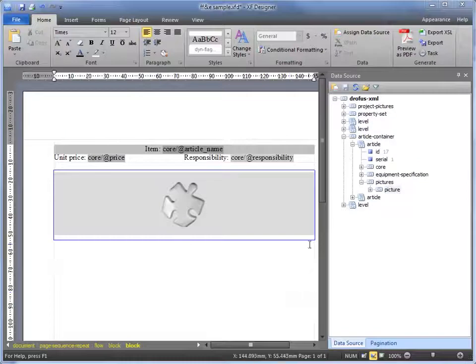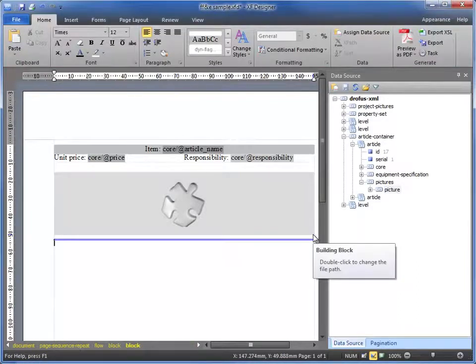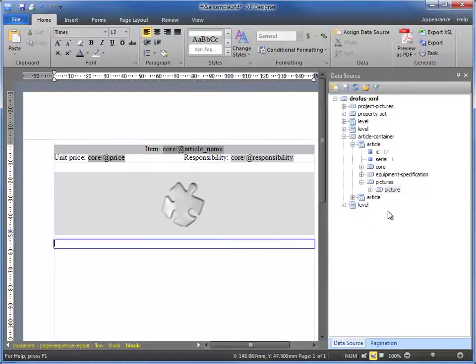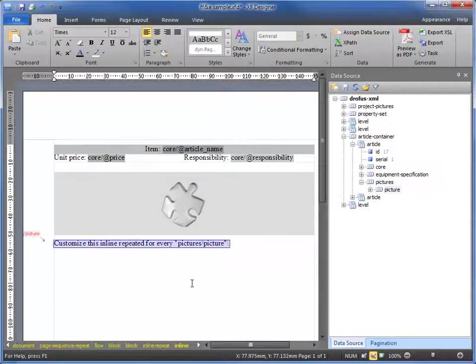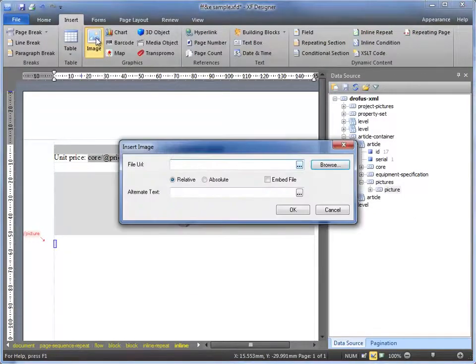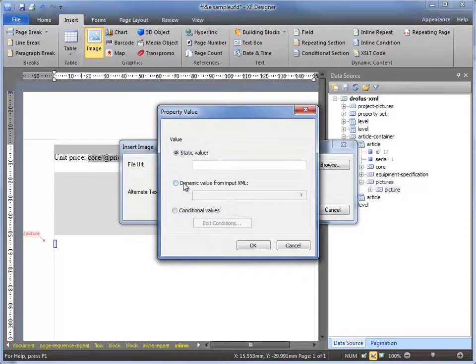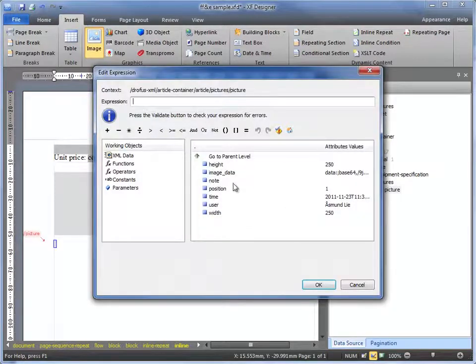So the next thing I would like to do here is to add the images for the FF&E item. So I'll press enter to create a new block, and I'll just drag and drop the picture field within and have a repeating inline repeat, because I would like to have something happen for each picture. And I'll clear this text and instead press insert image, click this small button here, choose dynamic value from XML and select image data. Okay,